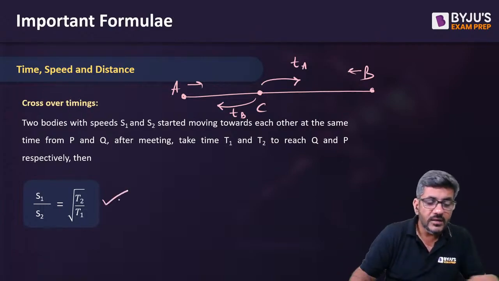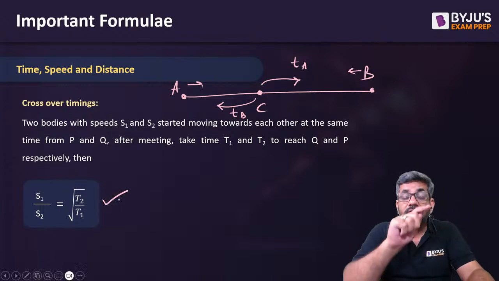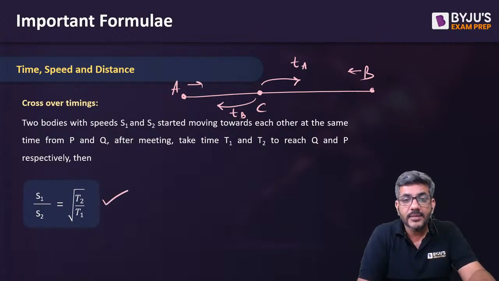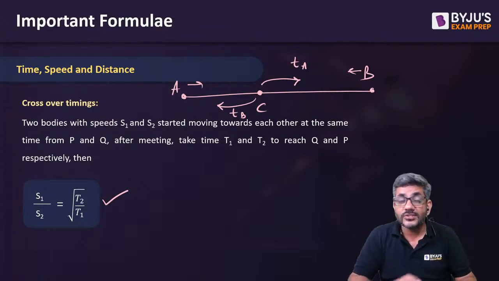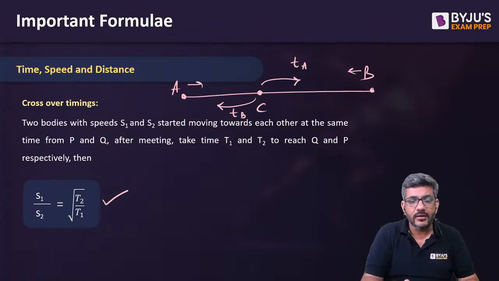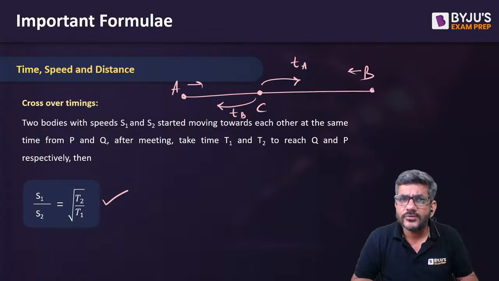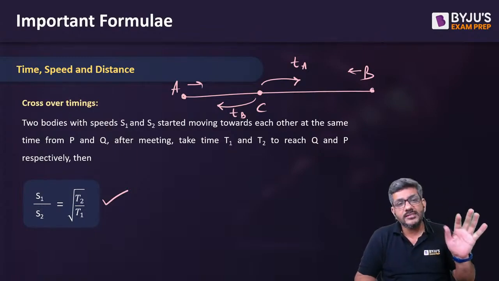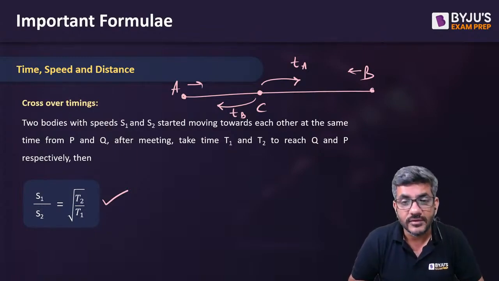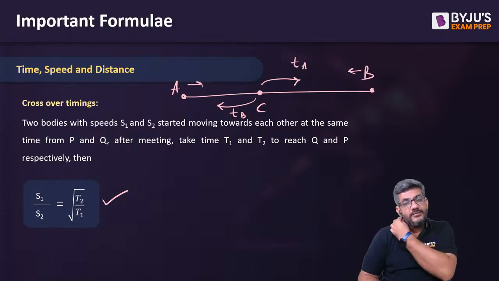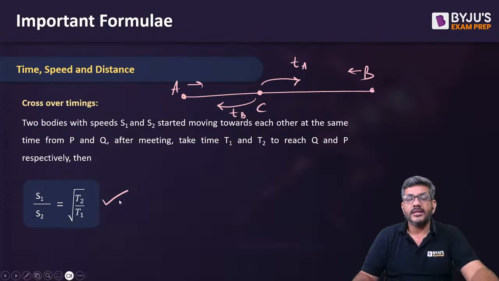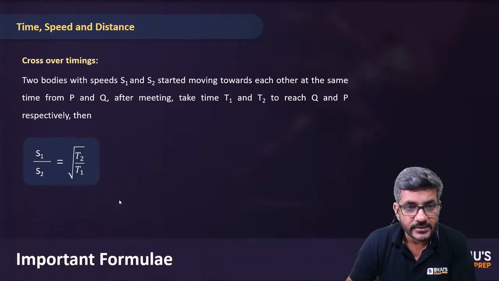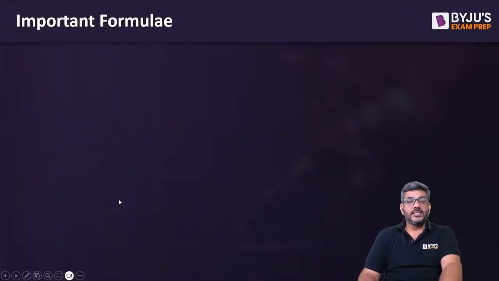This is the formula. The ratio of their speeds is inverse of the ratio of their times, but with a square root. S1 by S2 is not T1 by T2, it is T2 by T1. होता भी है ये, स्पीड और टाइम का रेशियो इनवर्स होता है ना. यहां पे बस एक और डिफरेंस है, that it has become the square root of that. So square root of T2 by T1 is the ratio of their speeds. That's how we get the ratio of crossover times. चलिए जी फटाफट आगे बढ़ जाते हैं.